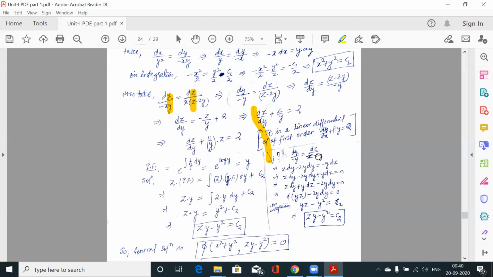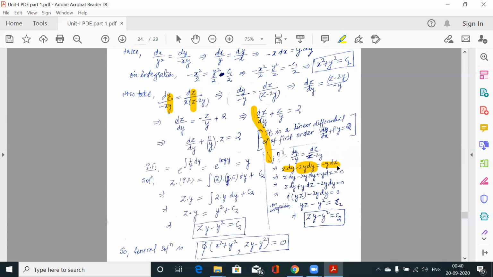Now we have cross multiplied it. So by cross multiplication, z dy minus 2y dy is equal to minus y dz. So this is after cross multiplication. Now this term has no problem in integration because this is 2y dy. So integration with respect to y of 2y is very much easy and possible. But this is z into dy and this is y dz. So we have to adjust these two terms.